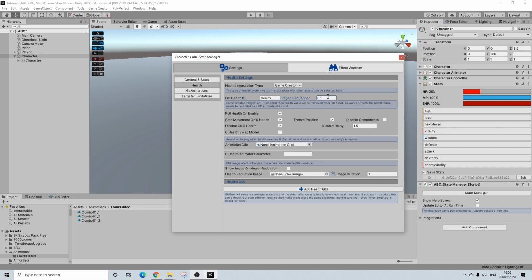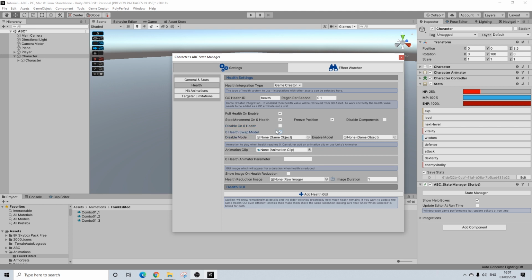I'm going to add a regen as well, just to show how it works. I think it's pretty cool. We can have full health on enable. That will turn this 25 up to 100 straight away, but that's okay. Stop movement on 0 health, yes. Disable on 0 health, so you can actually remove the entire object. It's really cool that it's in there. I'm going to turn that off for now, and I'm going to do a simple